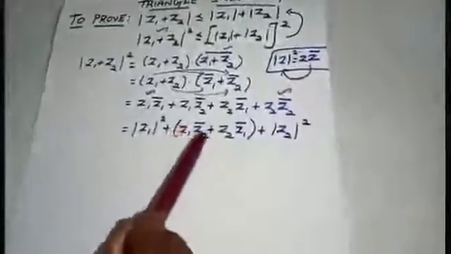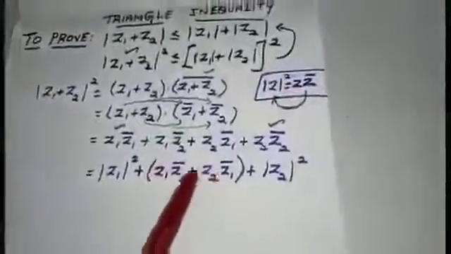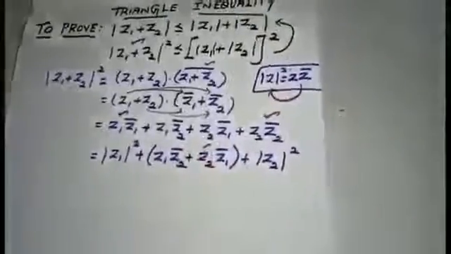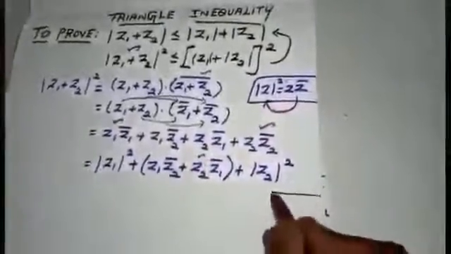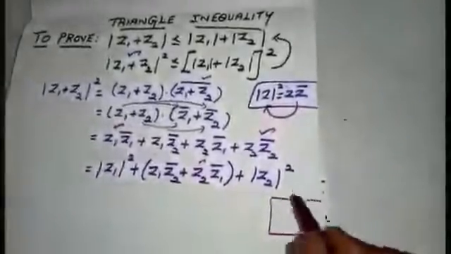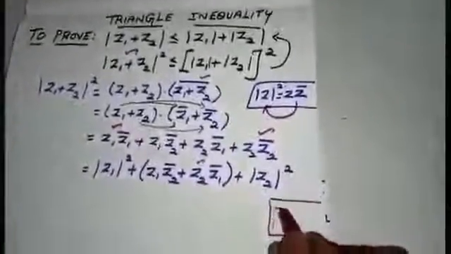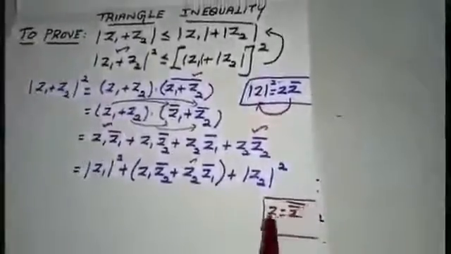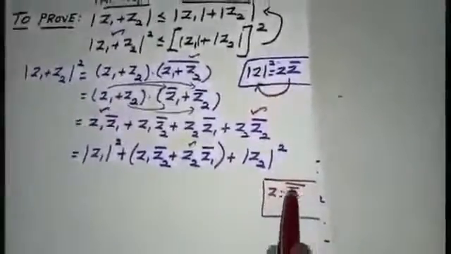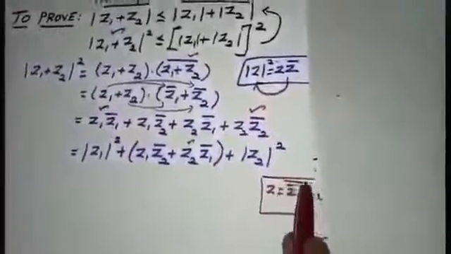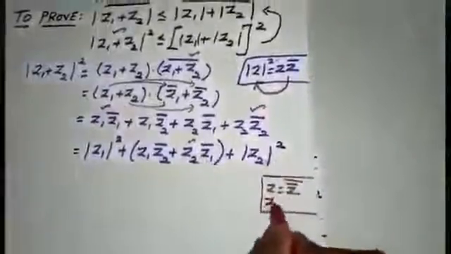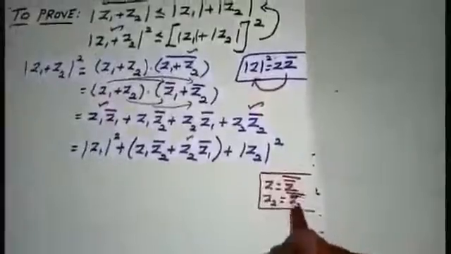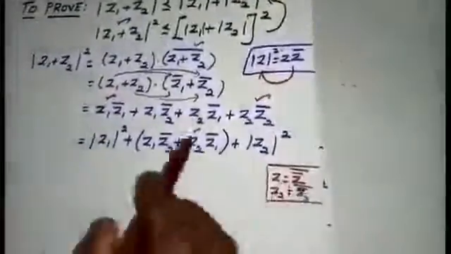Now I am going to look at the values inside the bracket, students. I am going to target only Z2. Now I am going to use this property. We know that Z can be written as Z bar the whole bar. So in place of Z2 I am going to write Z2 bar the whole bar, double bar. Why I am writing like this is, I want to write in this format,